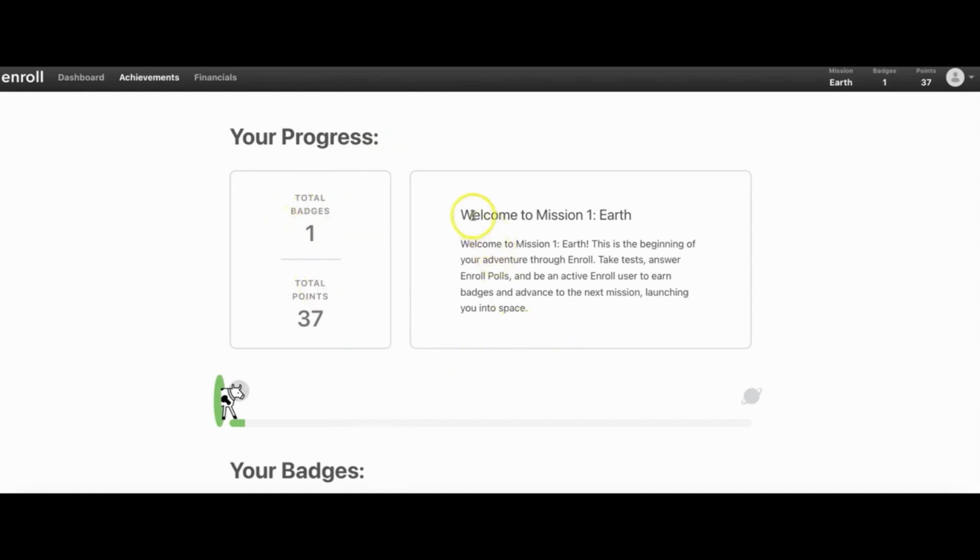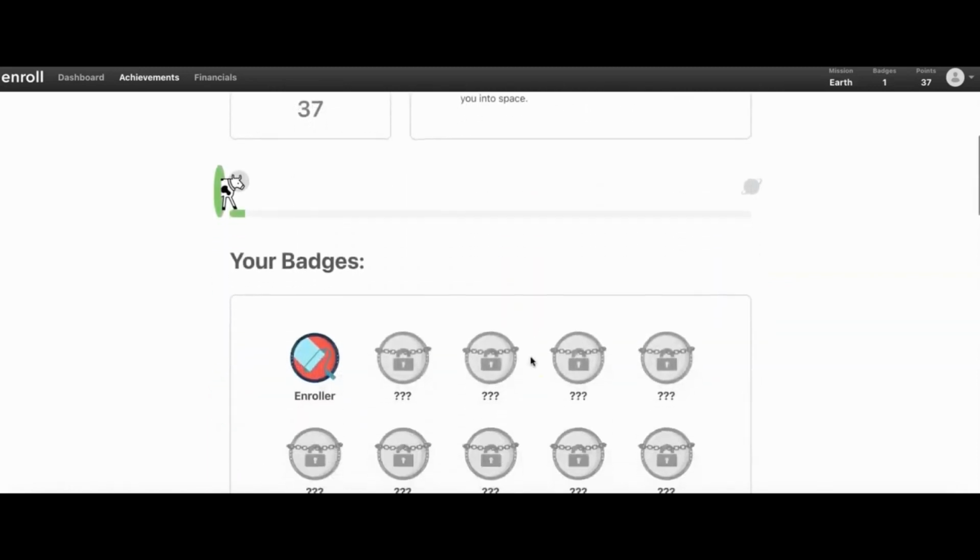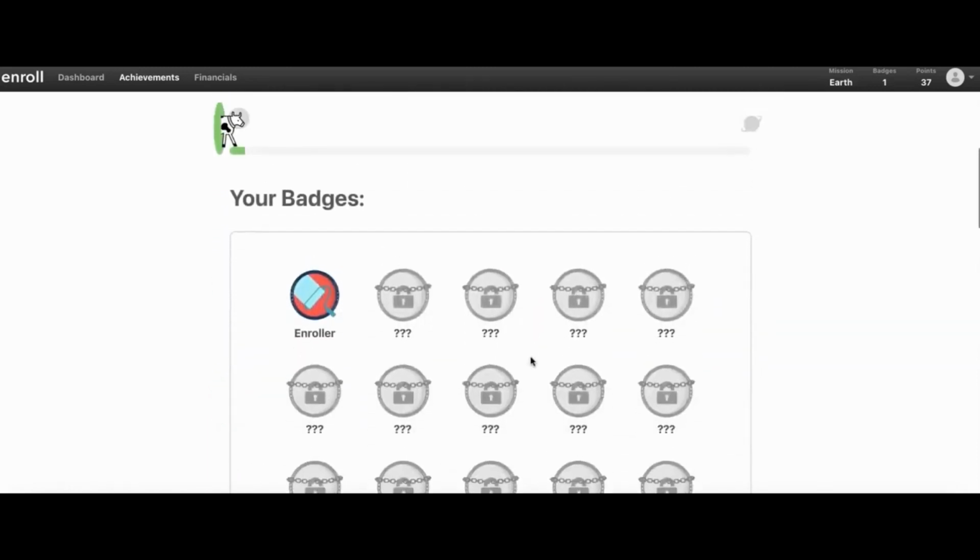Earth." All you need to do here is to just follow the instructions, take the tests and answer the poll questions. Also, you need to be active. This means you need to log into your account every day so that you could earn extra points. Once you have done this 30 days in a row, then you have simply finished your mission number 1. And if you repeat the same thing, or if you keep doing more posts, then you will be moving from left to right and you will see all the badges that you've earned.